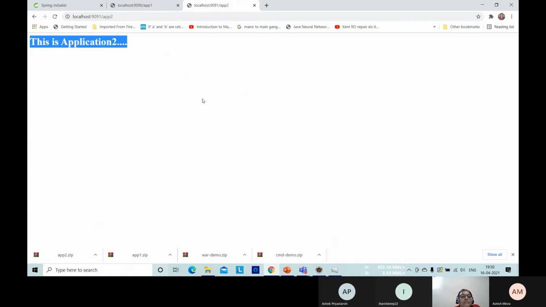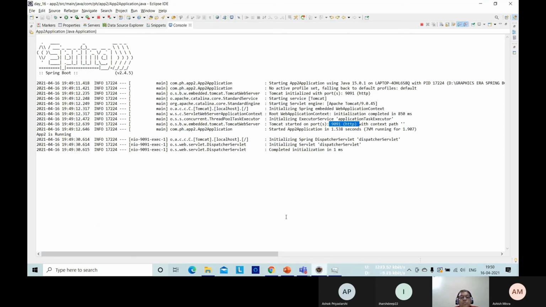Now, till this point, everything we are just revising, same steps we have already seen: how to create a Spring Boot project. Now, the crux, the main point starts from here. Two applications are running. Now you can see here, this is display selected console. You are seeing this small icon. You just press this.